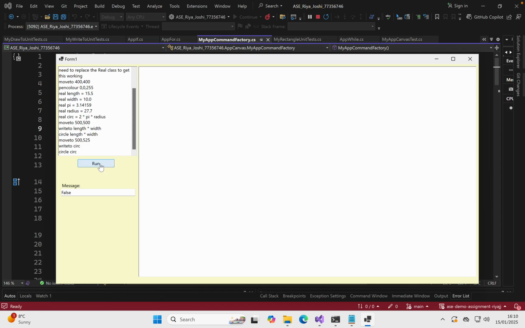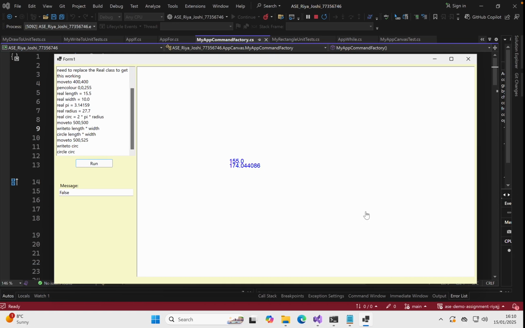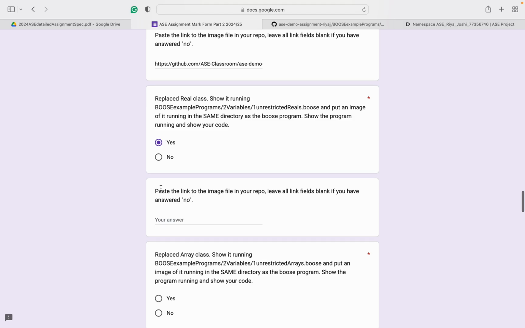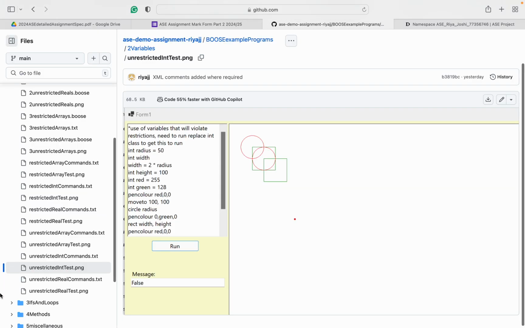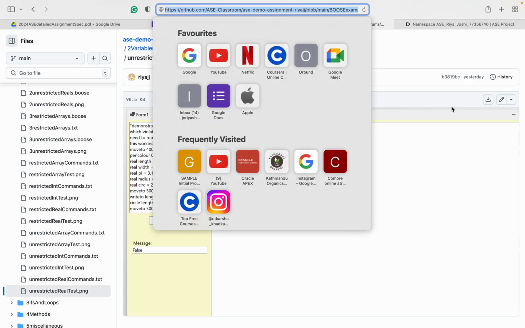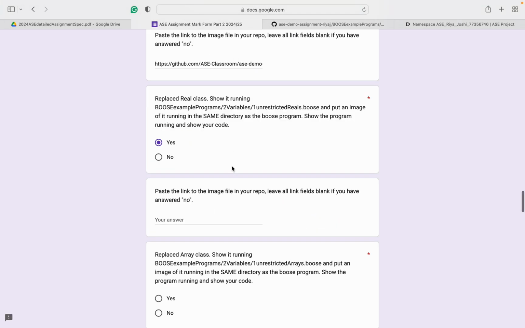So run, and you can see here is the output now. So yes, the code is running. Paste the link to the image. Moving on to the image, unrestricted real test image. Here it matches with the output that we got. Now we copy this link for the real class.